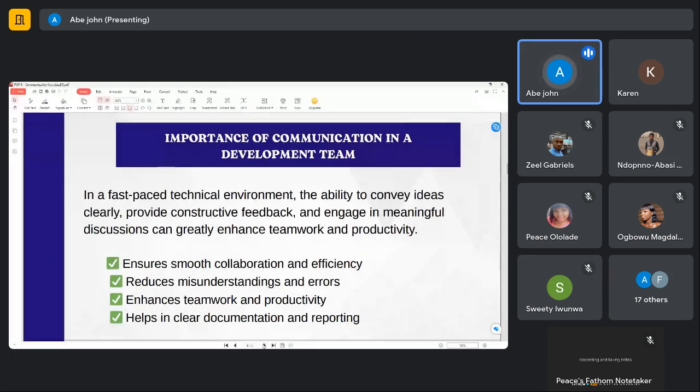The effective communication you've had with your developer, with your designer, and every other team member will make you find it easy to give a report to whoever you're reporting to, either the CEO, your team lead, or your head of department. So you won't have to be going back and forth, like, okay, let me just run and call this developer, that guy Alpha. How did you do this? I don't seem to understand what you did here. Please explain to me again.